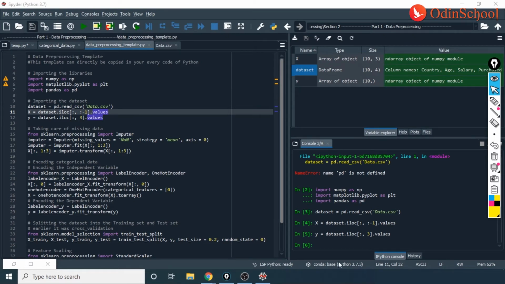Now, here, what I am doing is, within scikit or within sklearn, you have sklearn.preprocessing, right?